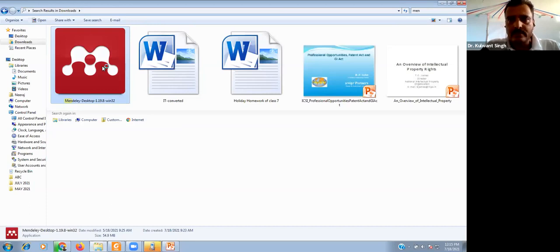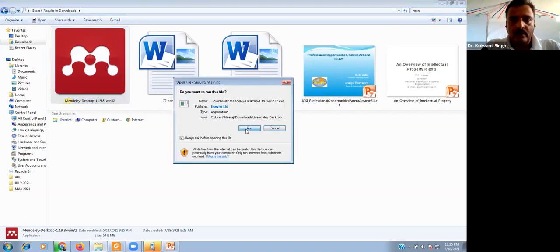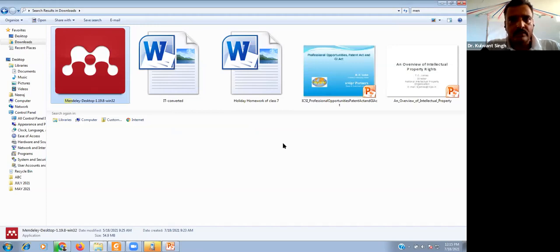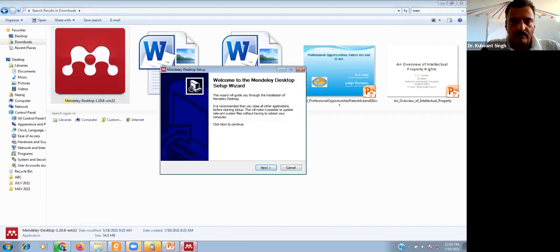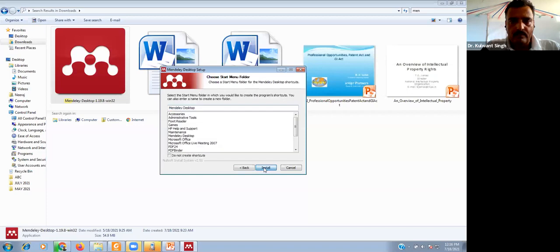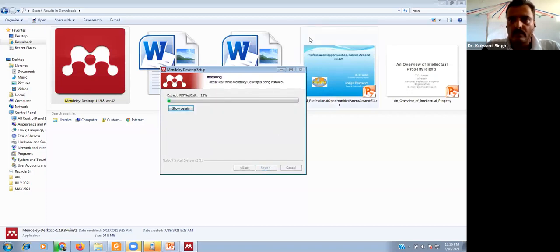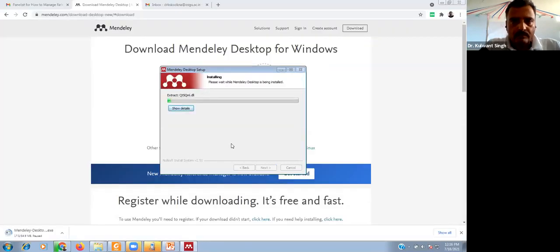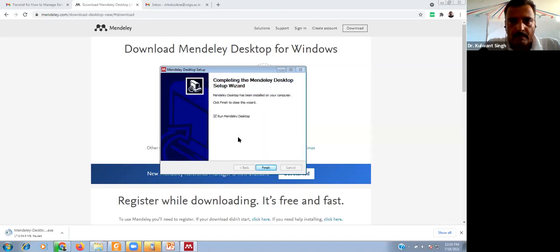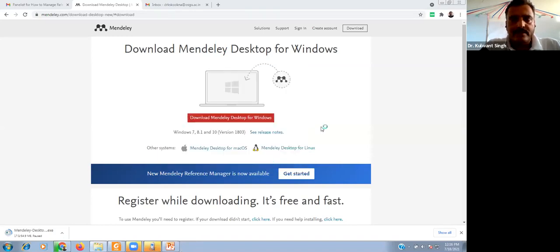I think all the researchers know very well, and using a few steps and accepting the terms and conditions, we can easily install it in our system. Yes, now it is installed in my system.